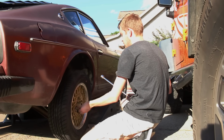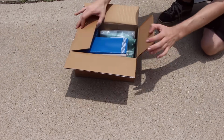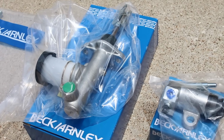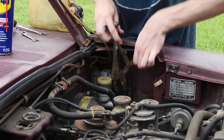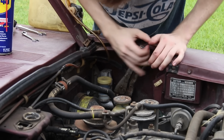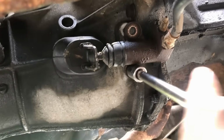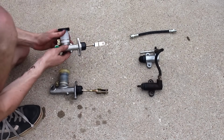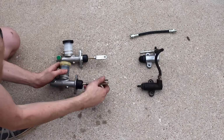Not too long after the wheels went on, the new clutch parts came in. Now the hydraulic line was the only thing obviously damaged, but a new master and slave cylinder were so affordable that I just went ahead and bought them too. And it's a pretty good thing that I did, because after undoing the hydraulic line up top with absolutely the wrong tool, and removing both the master and slave cylinder, it was easy to see just how trashed these parts were. The new master is springy and actually plunging, while the original one,